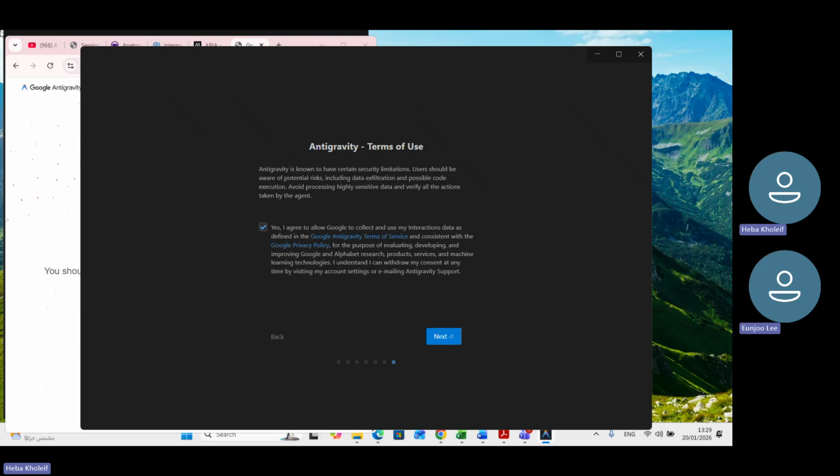Antigravity is known to have certain security limitations. Users should be aware of potential risks, including data exfiltration and possible code execution. Avoid processing highly sensitive data and verify all the actions taken by the agent. And